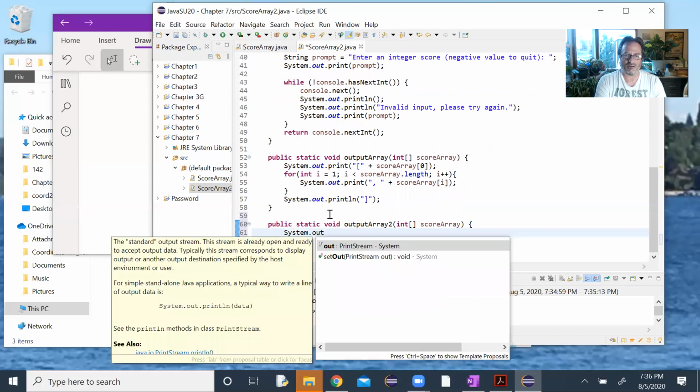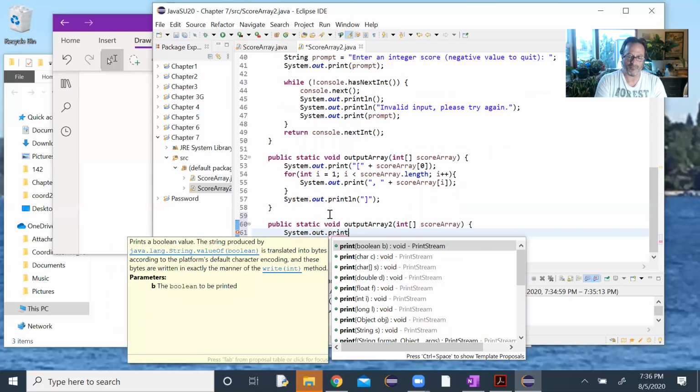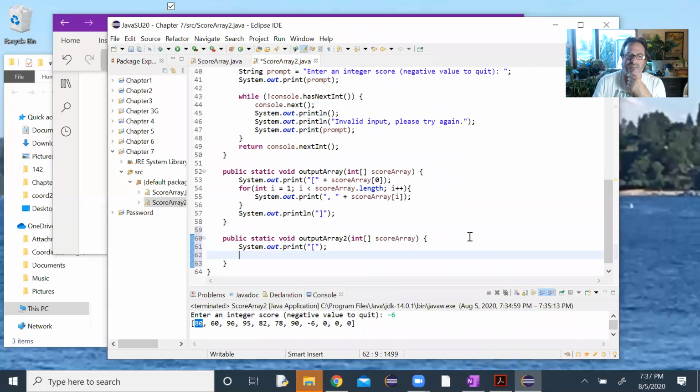An empty array, it doesn't have anything in it, will just print the open and closed bracket. So I need to print the first one by itself. Then I can say sort of if,